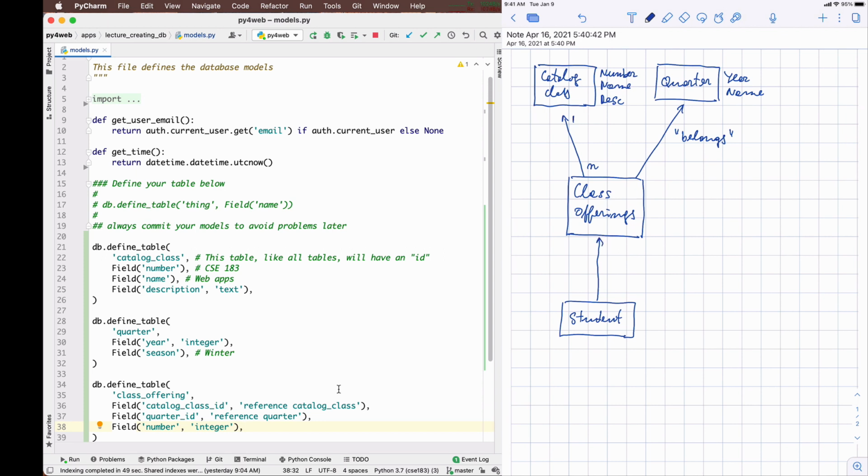Would it be correct to say that a student enrolls in a class, so that a student has a reference to a class offering? Well, not quite, because the problem is that the student can enroll in multiple classes, right? So it wouldn't be an n-to-1 relation. If we do it this way, there could be n students in a single class offering. But it's not as simple as that. A student can be in multiple ones, so we can't quite do this.